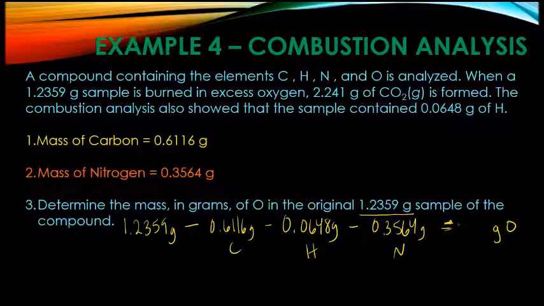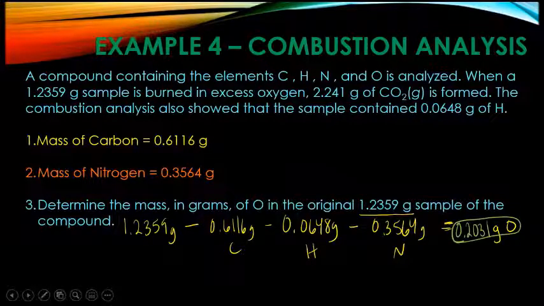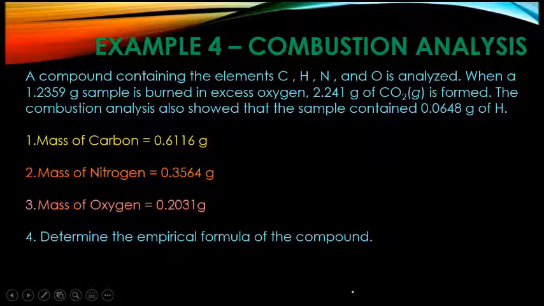So the grams of oxygen, subtract that out, you get 0.2031 for our grams of oxygen. And now that we know all of the grams, we can go to calculating the moles, divide by the small, multiply till whole to finish out the empirical formula, which happens to be the next step, determine the empirical formula